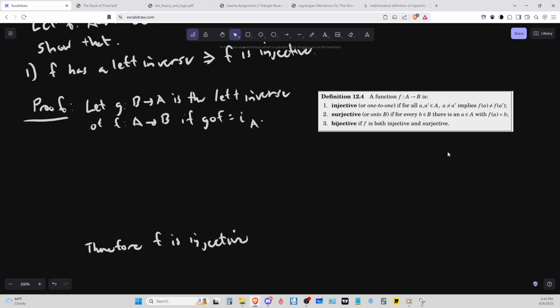Okay, for all a and a prime elements of A, a not equal to a prime implies that f of a is not equal to f of a prime. Okay. So let g be a function from B to A and the left inverse of f, which is a function from A to B, if